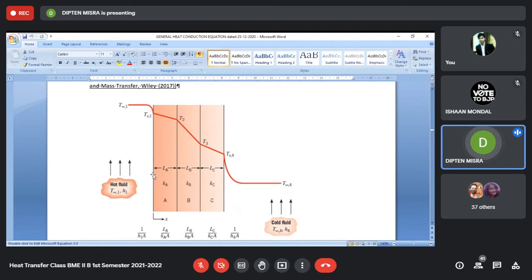And you require to minimize the heat loss from the inside of the furnace, because otherwise your energy consumption rate for the furnace will go up, and the efficiency of the furnace will be very small. So you want very little loss of heat from inside the furnace to the outside air. Many things will happen as a consequence if there is too much heat loss. First of all, energy is unnecessarily going out as loss into the atmosphere.